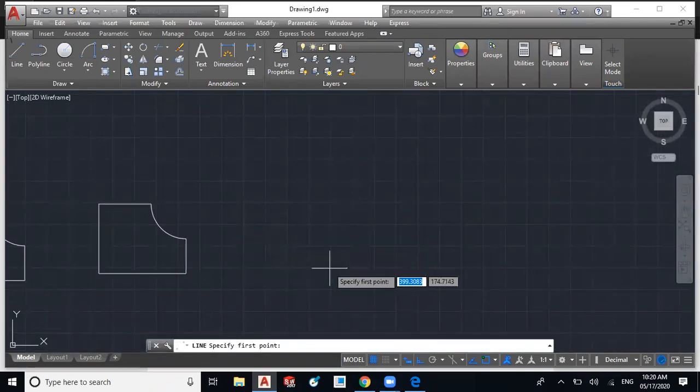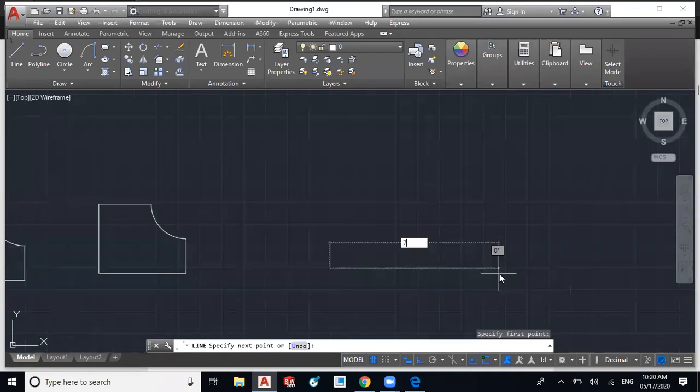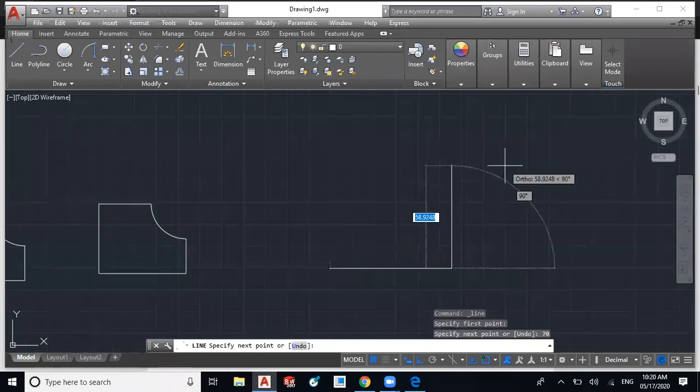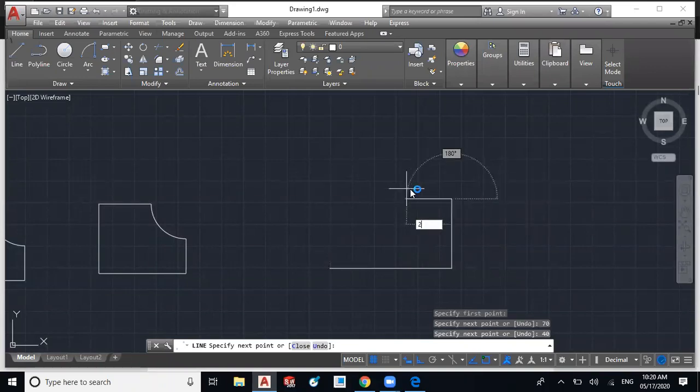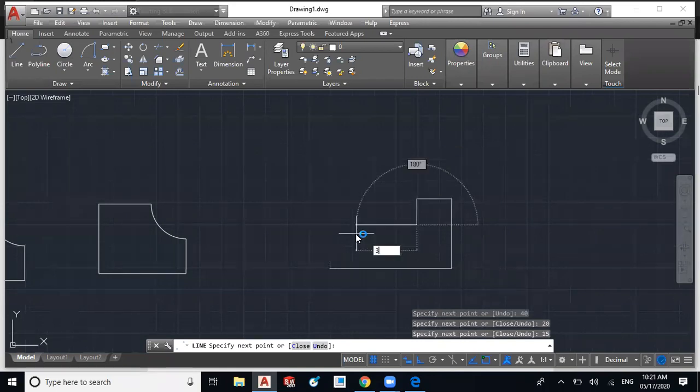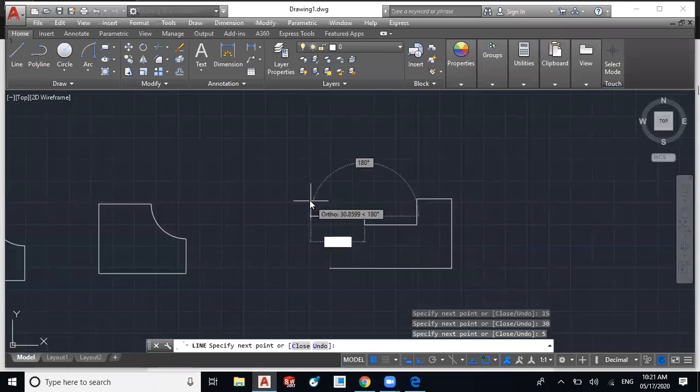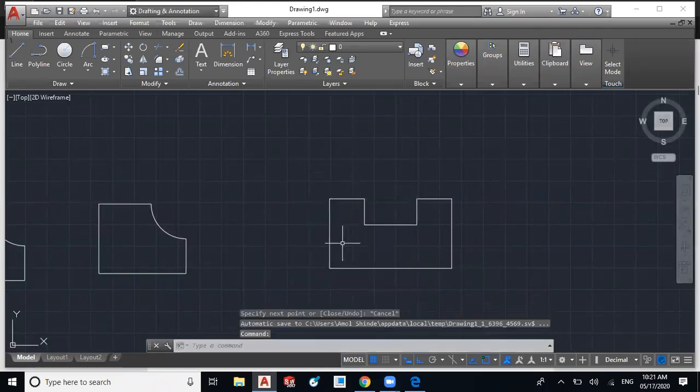This is 70, upward 40 mm, then towards the left 20, downside 15, again this cavity is 30, this height 15, sorry, 20, and this is the part we have to draw.